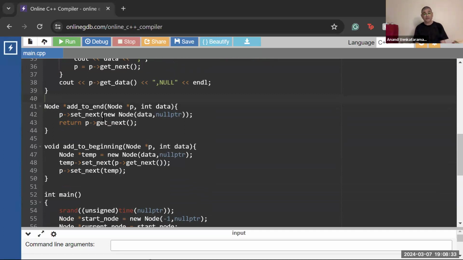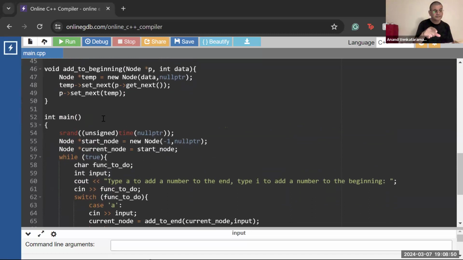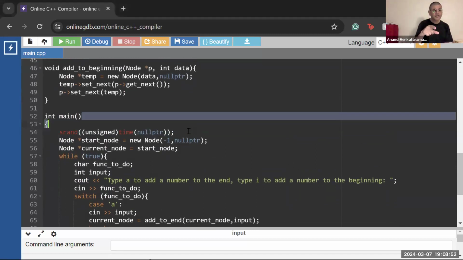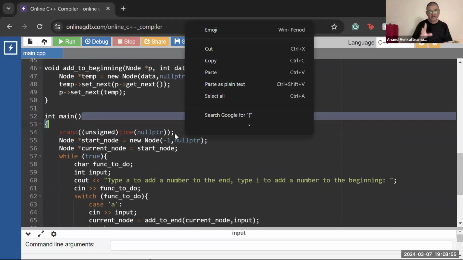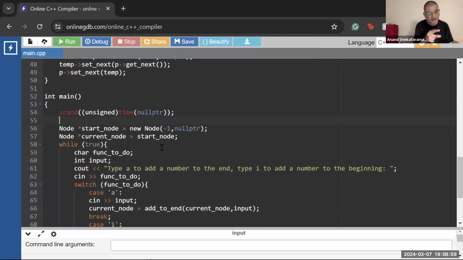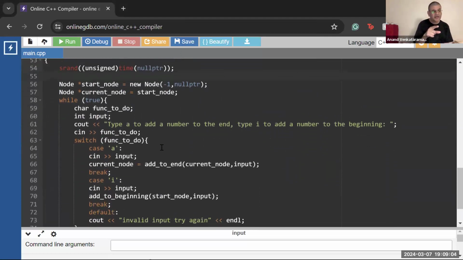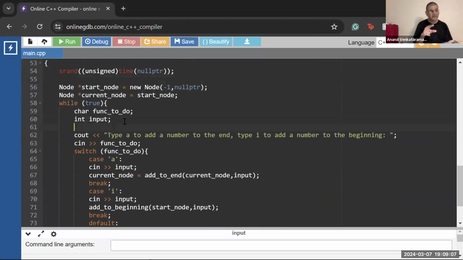I'm not going to write this, but it should be fun for you guys to write and also test out in your main method, just like this. Well, in your main, what do we have in main right now? All right, clean it up a bit. Give me a blank line after line 54, so that we know that it's srand. Great. And then start node, and current node, start node. Okay, while true. A blank line after int input,